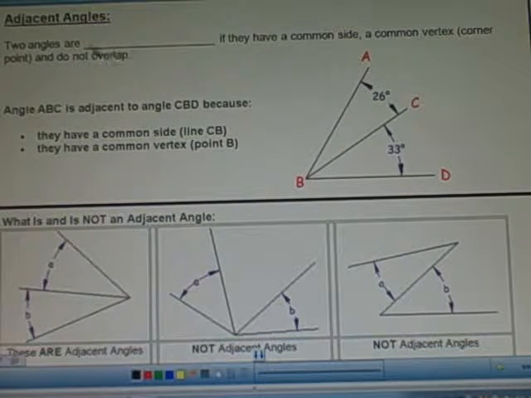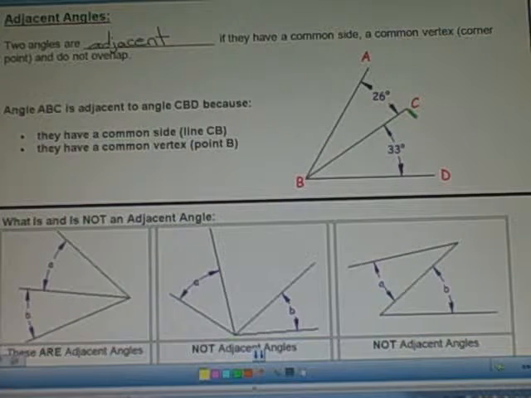Adjacent angles are very different from vertical angles. Adjacent angles are two angles that have a common side and a common vertex and do not overlap. So two angles are adjacent if they have a common side, so for instance, these two angles are sharing